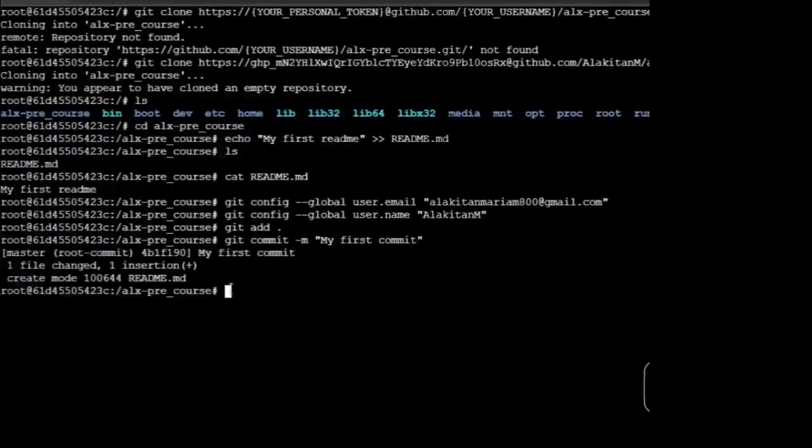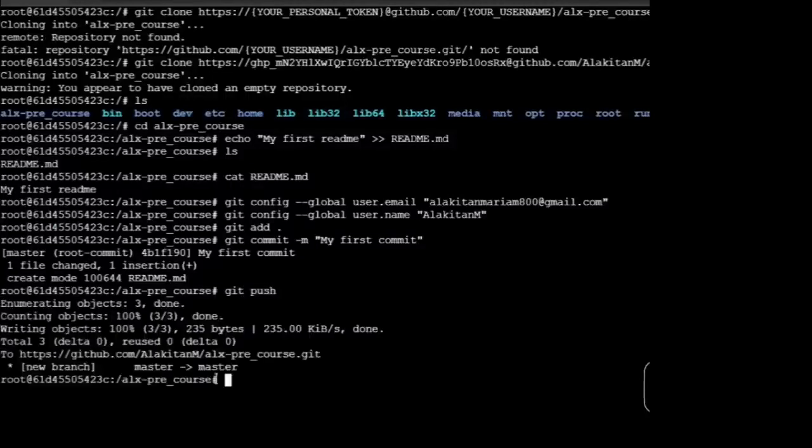Then the next thing to do is to git push. So git push. Okay. So you can see it has pushed successfully without asking me for username or password or anything. So that is why I said you need to click on the repo option when you are creating the personal